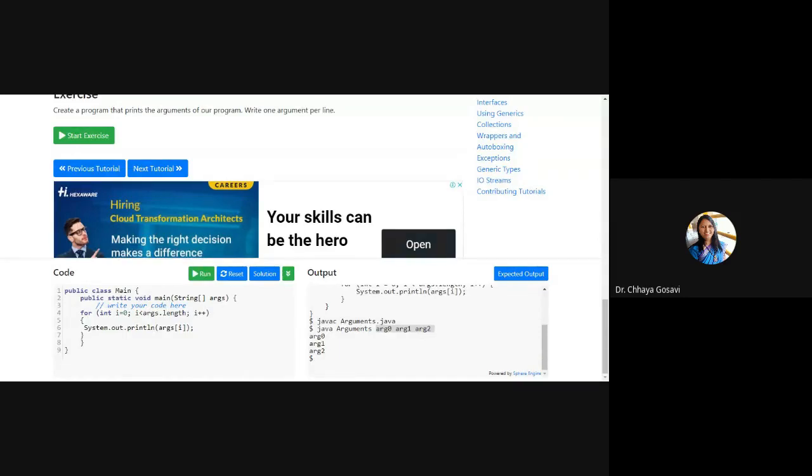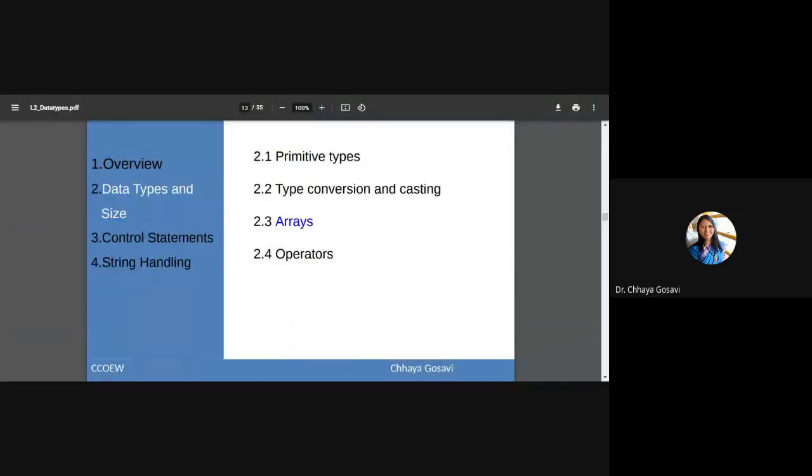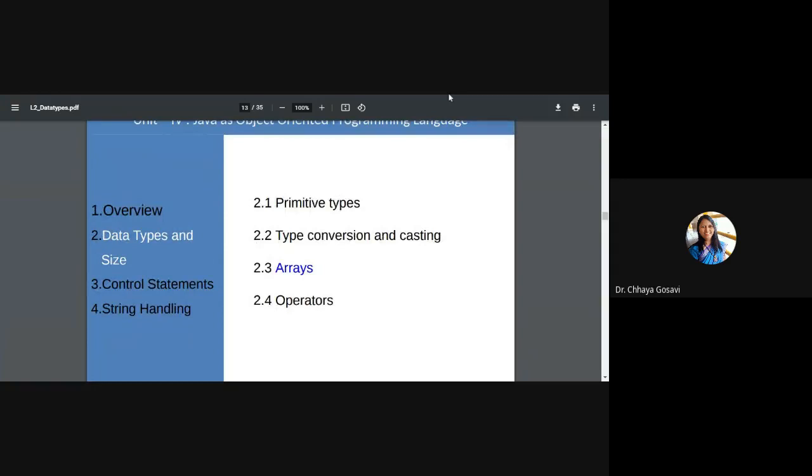Now, what is an array? Have you used arrays in C language? Yes, ma'am. How to define an array in C language?